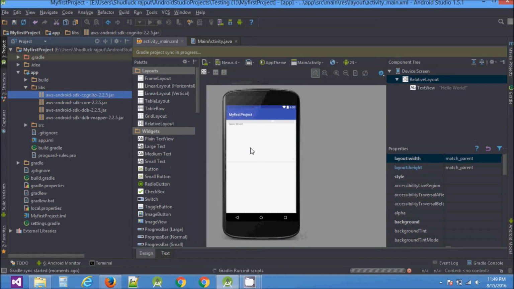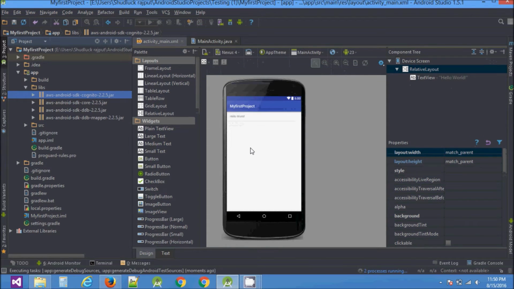Okay, the build has started. Let it build successfully. Once the build is completed, we will move forward. Okay, the build is successfully done.